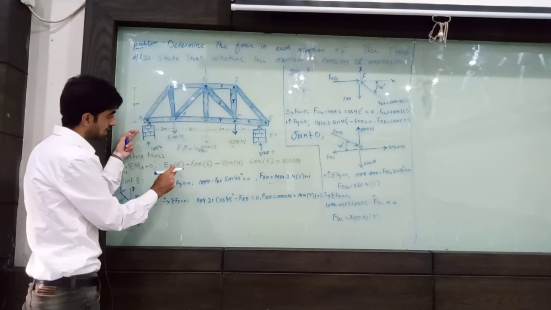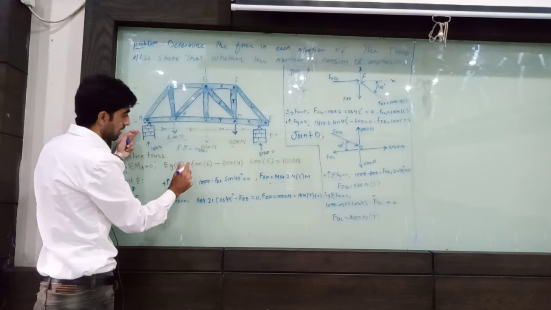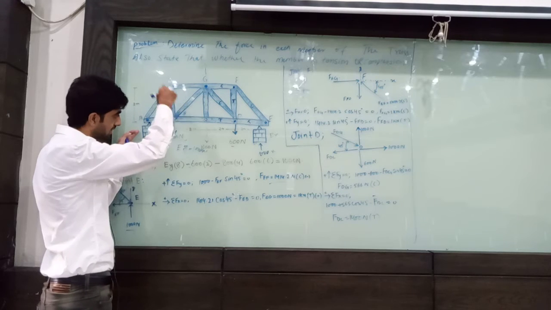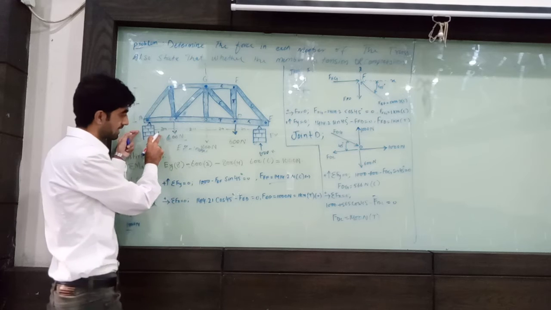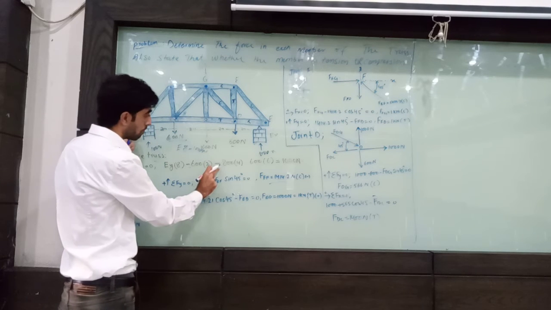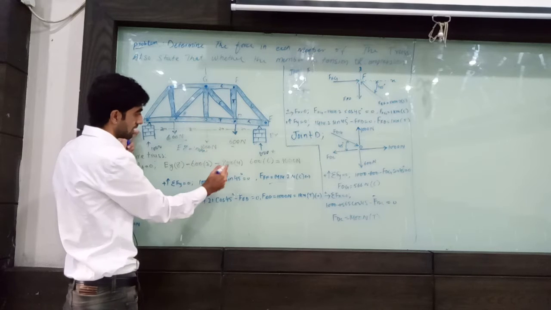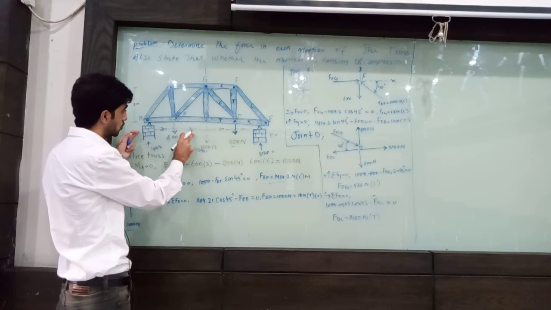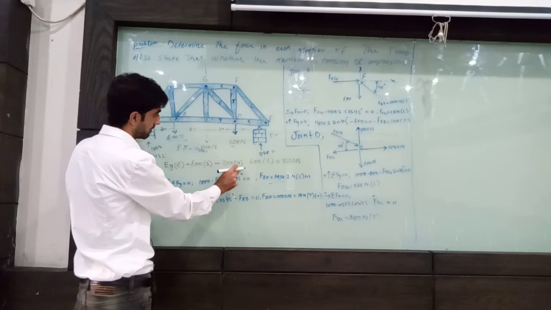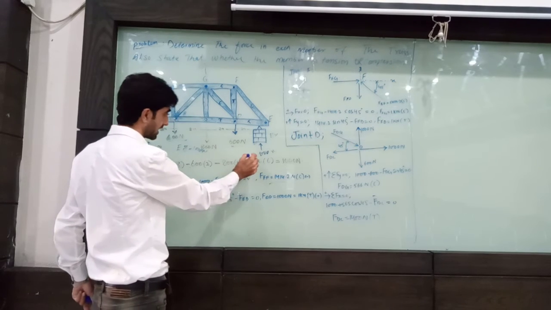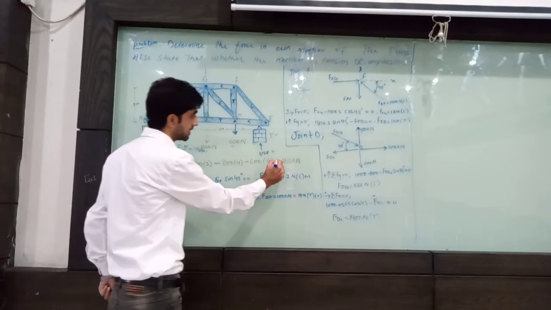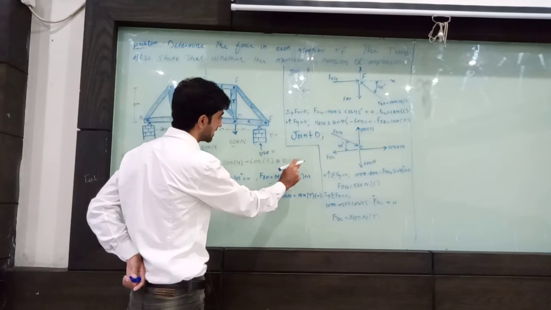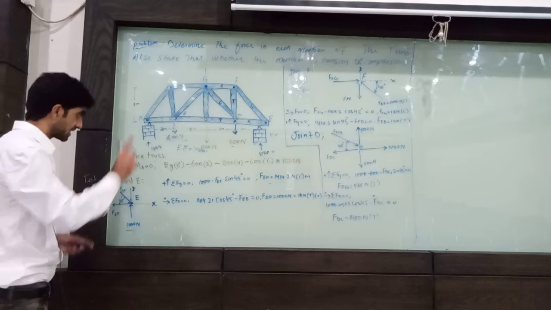EY. EY is equal to total distance 8 meter minus this 600 Newton, because this is downward, multiplied by the length, this is 2 meter. Minus means that this is downward. Downward minus multiplied by total distance, 2 plus 2 is equal to 4, multiplied by 4. Minus 600 multiplied by 6, total distance 6, is equal to the solution of this equation. We can find 1000 Newton. Okay. This is one point.